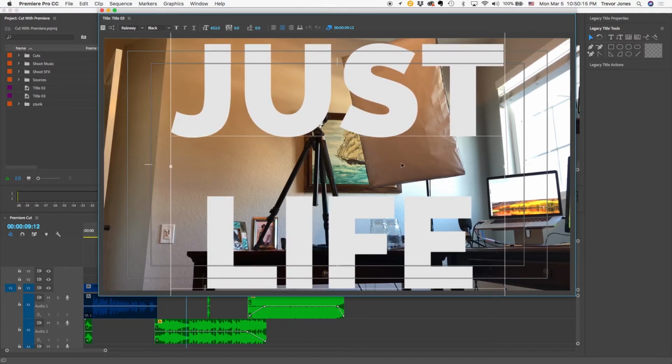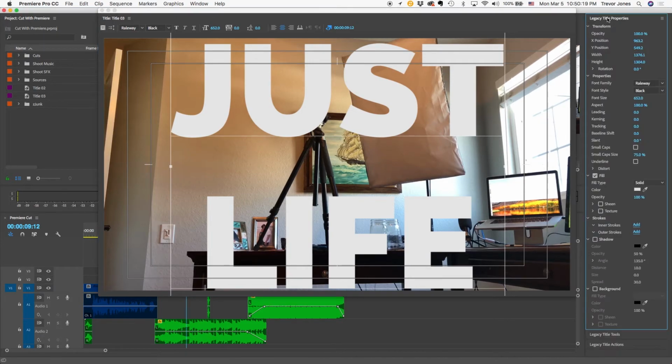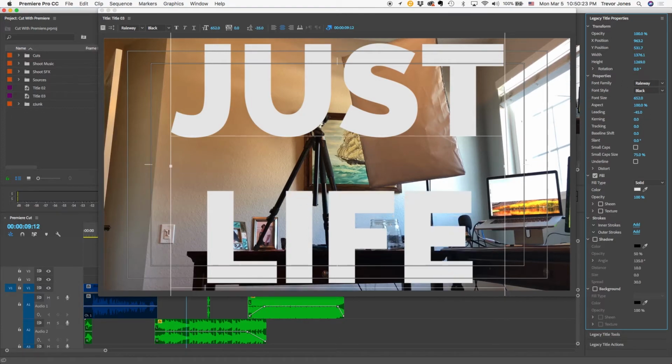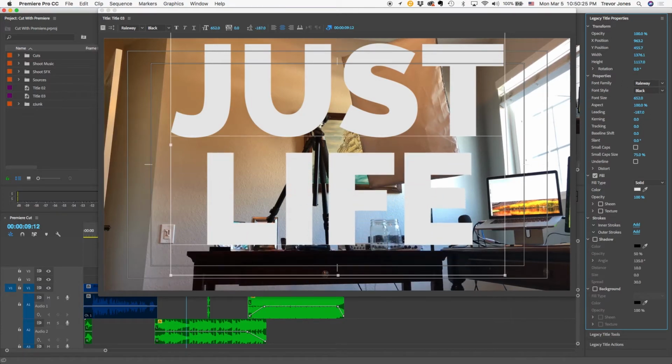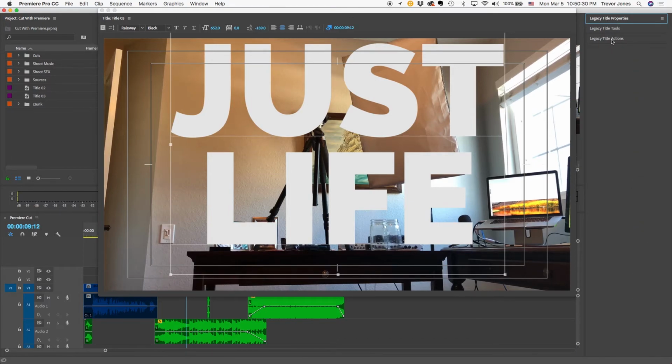And notice how there's this huge space in between here. I don't like that much space. So I'm going to go to Title Properties, and I'm going to change the leading so that these words are closer together. And I can actually center these things by using these legacy title actions. If I click on this,